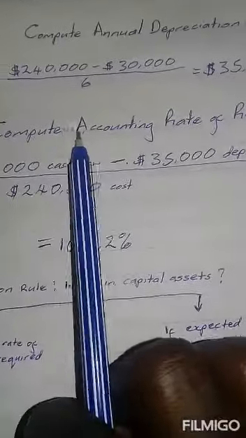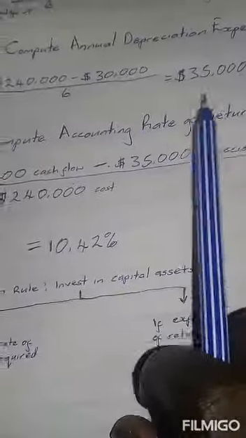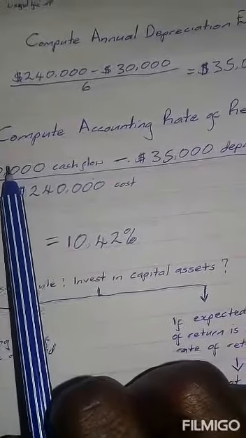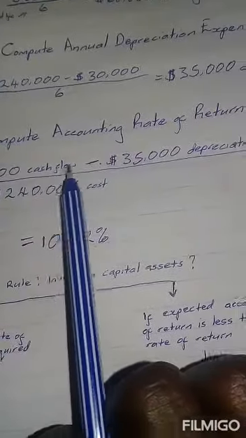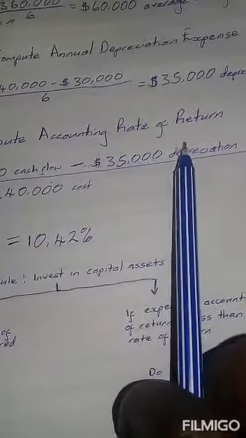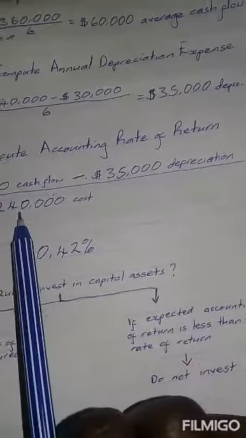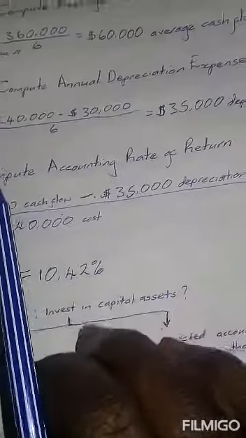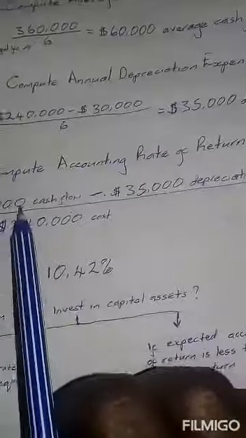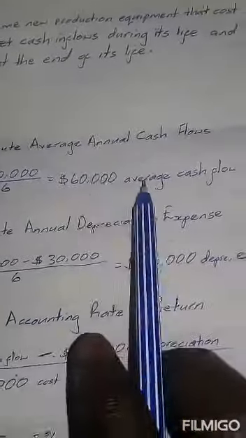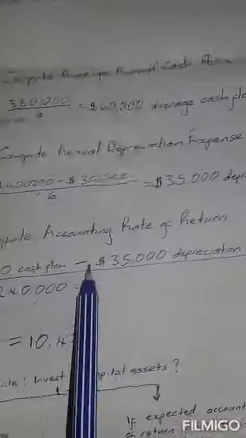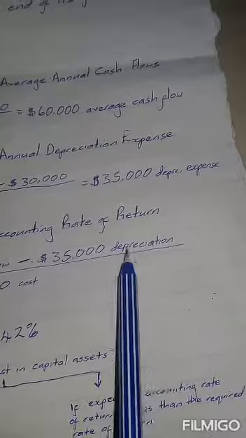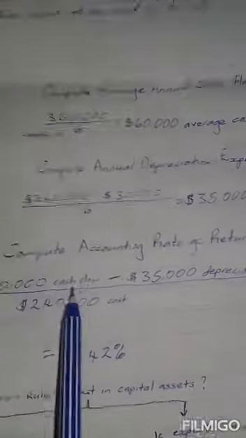Now let's calculate the accounting rate of return. Now the accounting rate of return, we are saying the average cash flow minus the depreciation expense over the initial investment. For our average cash flow, we have 60,000. Here this is our average cash flow, 60,000 minus 35,000, which is the depreciation expense, divided by